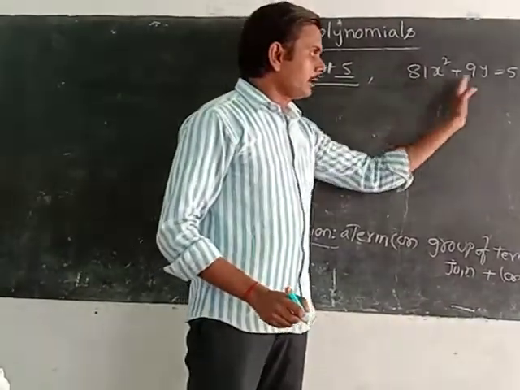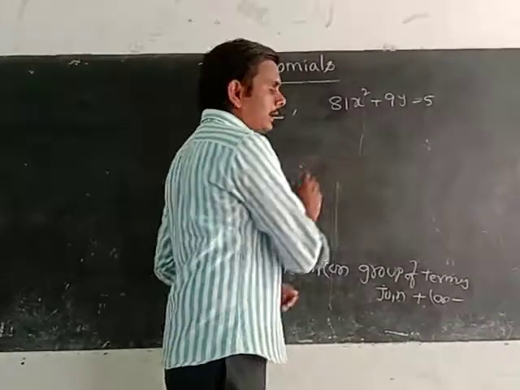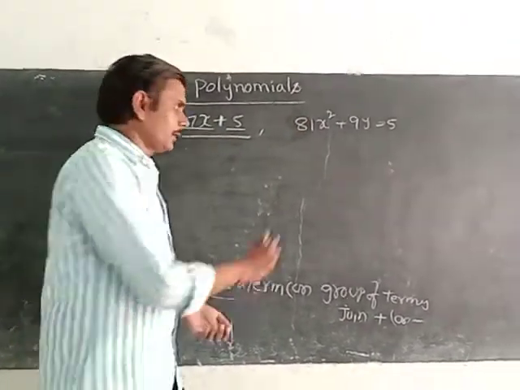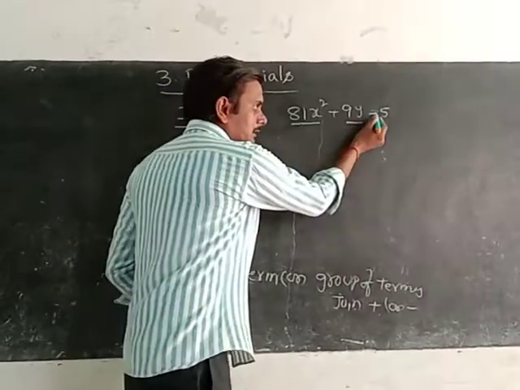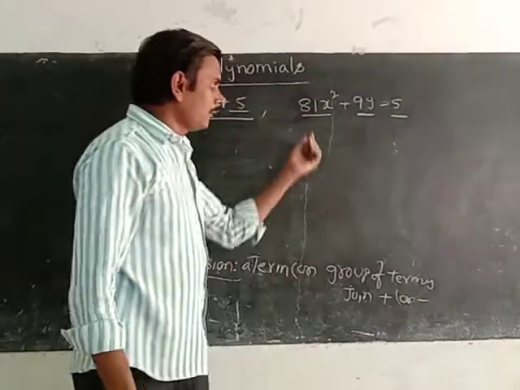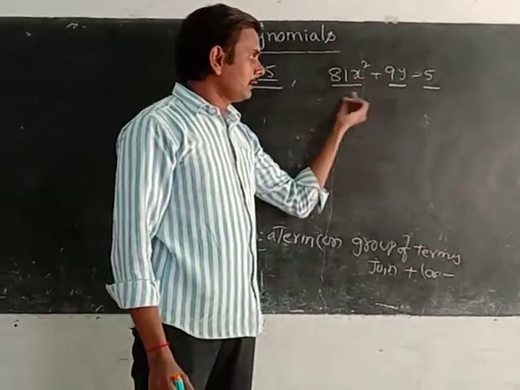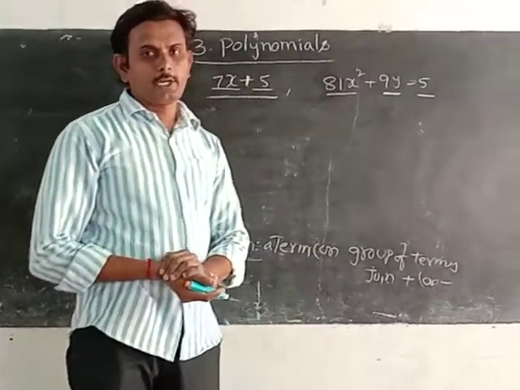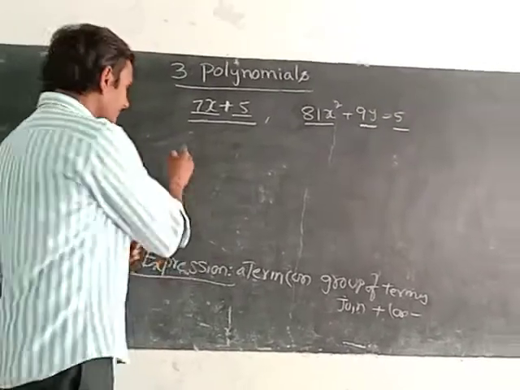If I want to identify the number of terms in a given expression, I identify how many plus and minus symbols are given. This is one plus symbol; underline the before part and after part. Minus symbol, underline the before part and after part. How many terms do we underline here? Three terms. This is one term, this is one term, totally three terms are there. Okay, now algebraic expression.